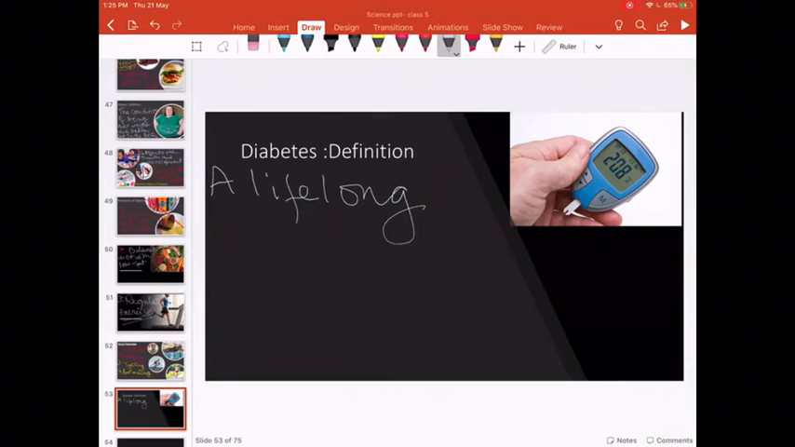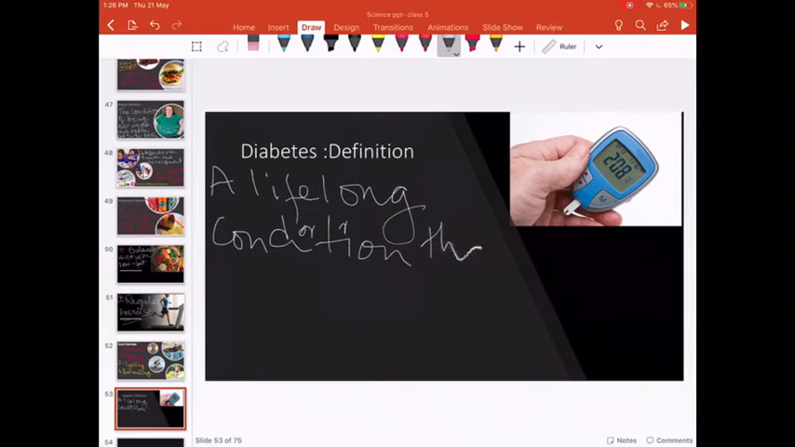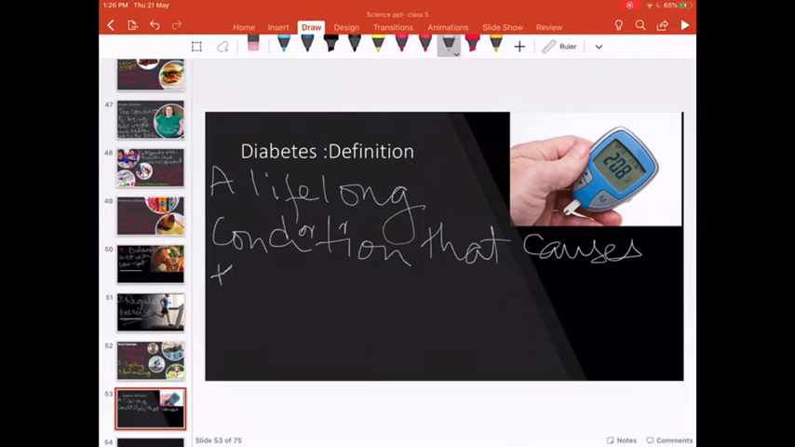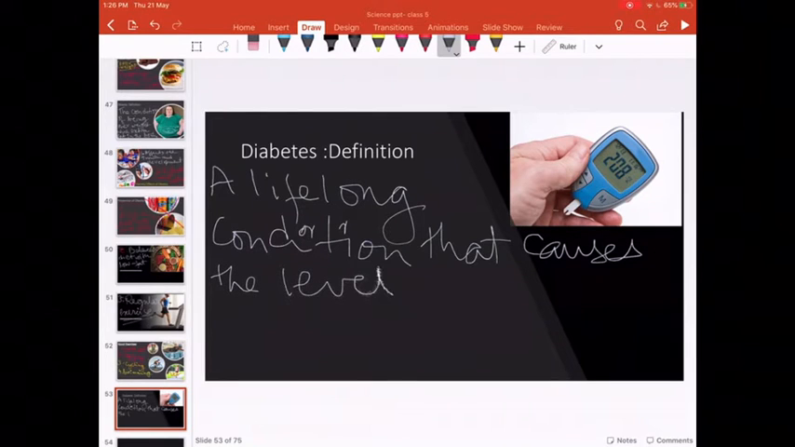জেনে রাখো, যেহেতু ব্লাড সুগার যেন কোনো দিন না হয় কারুর. But it has become a frequent, very common disease for all. Diabetes is a lifelong condition that causes the level